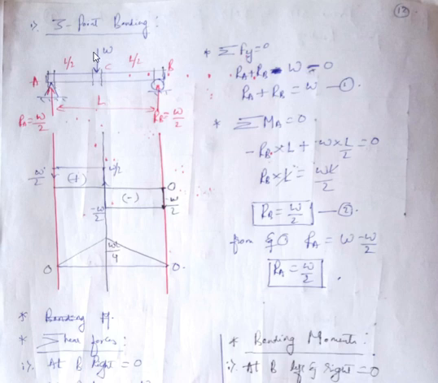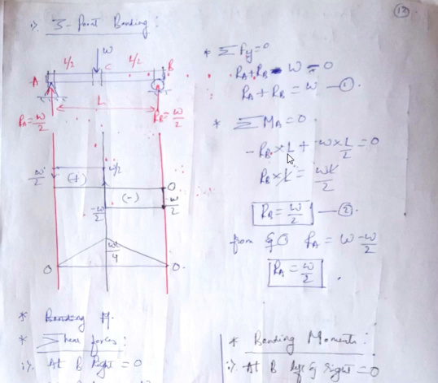For that, if the force is giving me clockwise movement, then I'll take it as positive. If the force is giving me anti-clockwise movement with respect to point A, then I'll take it as negative. Again, these sign conventions are different, and the sign conventions for SFD and BMD are different. Coming from the right, there is a reaction RB and it is giving me anti-clockwise movement, so I'm going to take it as negative.